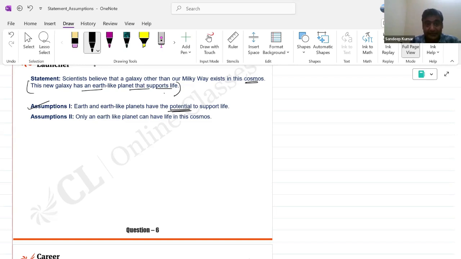Yes, only an Earth-like planet? No, when we say Earth-like planet support life, we are not talking about anything else. So the word only an Earth-like planet would be an extreme choice. So this definitely is not your answer. Assumption one, definitely yes. Assumption two,